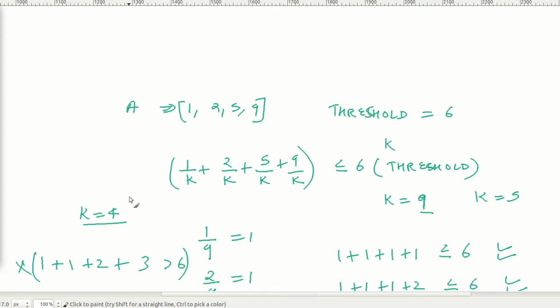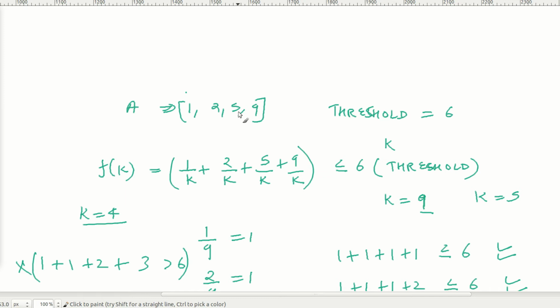So in this case, we will write a for loop which will iterate from 1 to 9 and compute this function. Let's call this function f of k. For each value of k between 1 and 9, it will calculate the value of f of k, and as soon as it finds the first number which has f of k less than or equal to the threshold, which is 6, it will stop. So this will be my brute force solution.